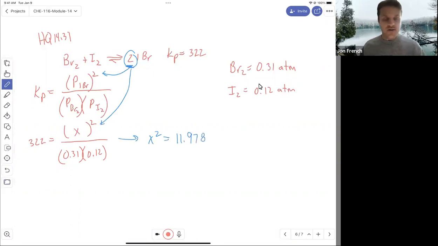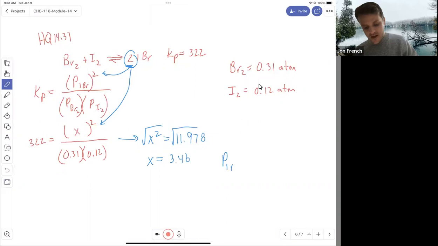I'm going to get X squared equals 11.978. I want to solve for X, so I'm going to take the square root of both sides. And X equals 3.46. What was X? X would be the partial pressure of iodobromine. So 3.46